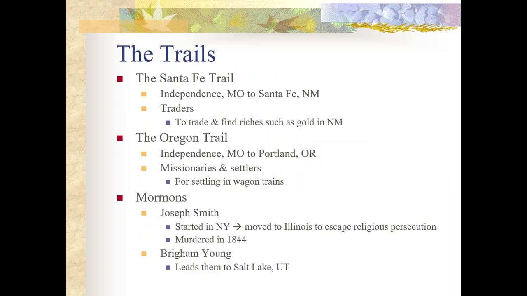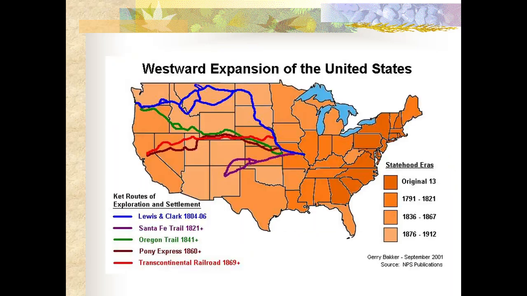Fearing that the persecution had escalated to violence, the second leader of the Mormons, Brigham Young, decides to go beyond American territory, where they would be able to practice their religion freely and set up their practices freely. So they travel along components of the Oregon Trail, but instead of heading into Oregon, they head a little bit more south into what is present-day Utah territory, and they decide to settle in the Great Salt Lake region, where they are able to set up industries and timber to have a thriving city and a thriving population out in the West.